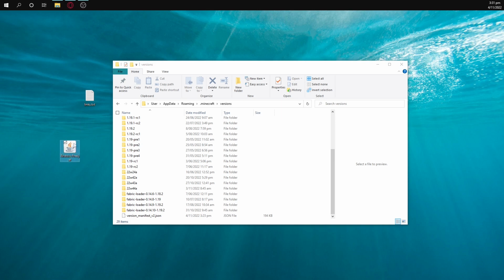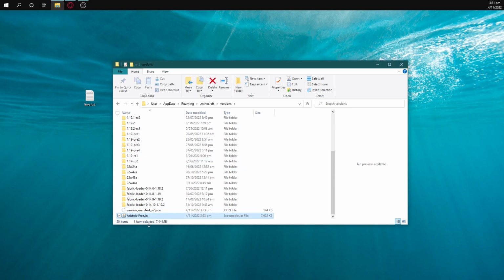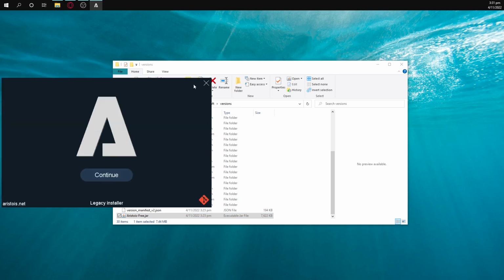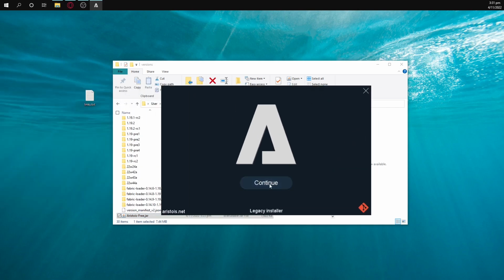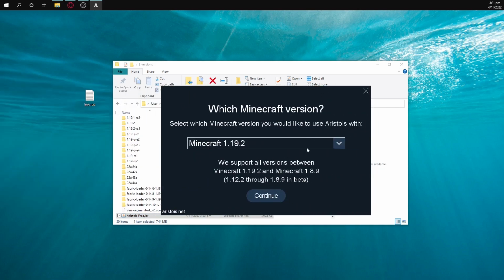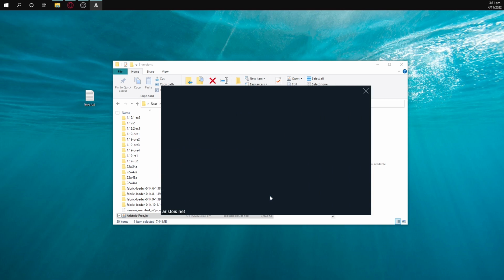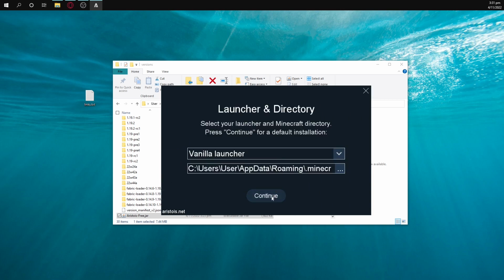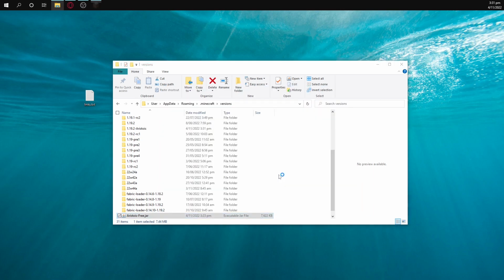client, which I've got here, into the versions folder, and we're just going to double click it, and then that's going to bring up this window here, and we're just going to hit continue, and it should be Minecraft 1.19.2, which is the latest version at the time of this video. You're just going to hit continue, and then just hit continue again, and then you just hit launch Minecraft, and